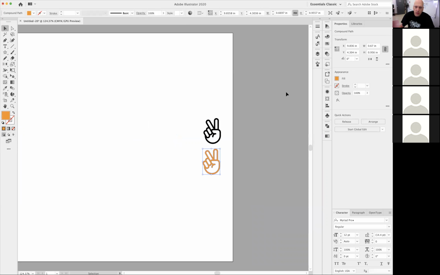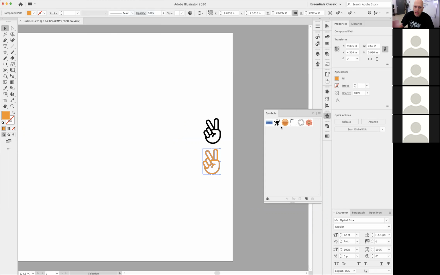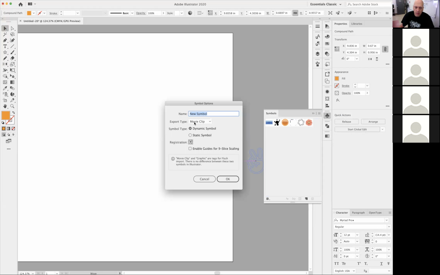How to add that to your symbols palette right here, which is under Window down here, Symbols, or if you have it open right there, these are the presets. How do you add it to your symbol palette? You might be able to do that with your hamburger menu right there, New Symbol, or just literally just drag and drop it. And then now you call it